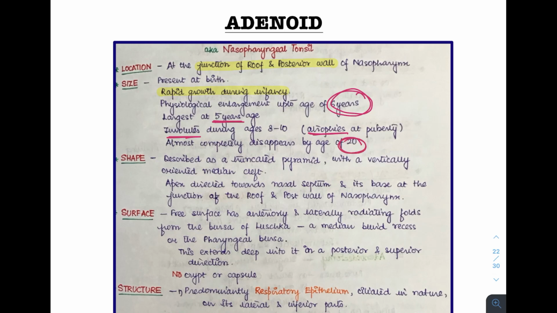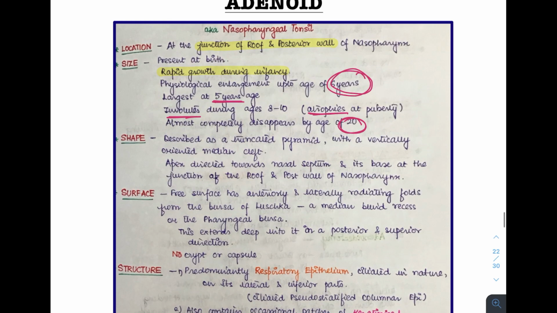Now, why is this so important? That's because when the adenoid hypertrophies, the problems it causes are mostly seen in young kids up to the age of about 6, 8 or 10. Adults will never complain of problems due to adenoid hypertrophy because the adenoid gland has already atrophied at puberty and it disappears completely by the age of 20.